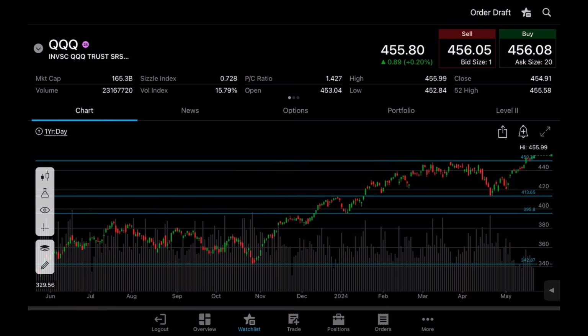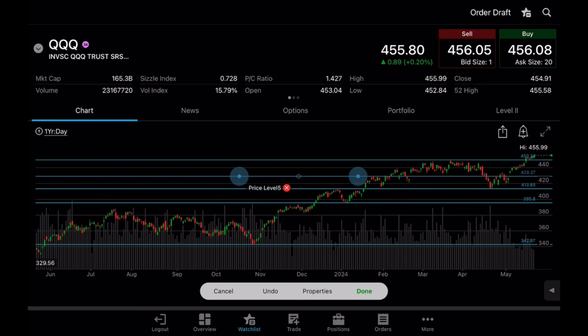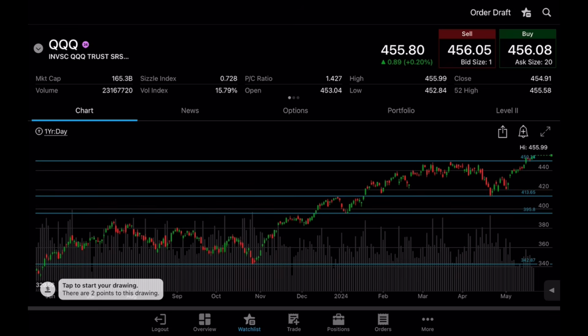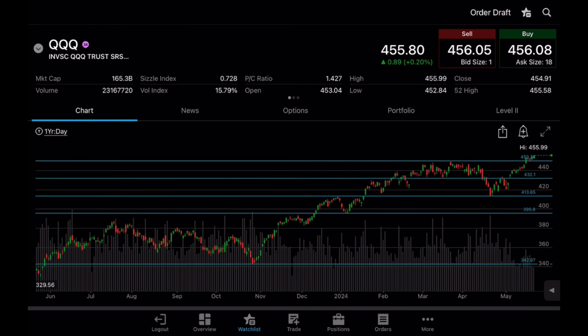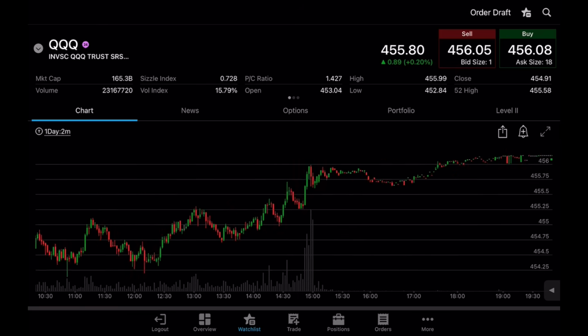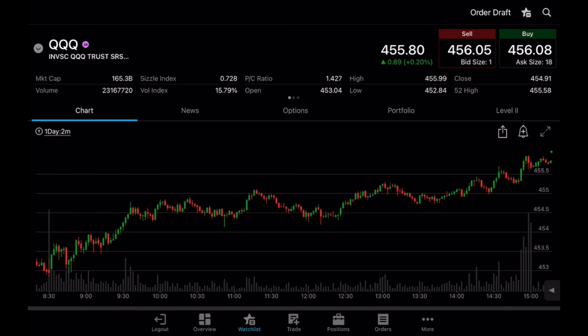Okay, so I'm going to do a couple more levels that I see that are important. Here and here, and let's do this last level right about 432. Perfect. All right, so now I'm going to go ahead and drop this down to the 2 minute, which you guys know I love to trade off of. I'm going to go ahead and scroll it over, and you guys will see the stock and how it performed